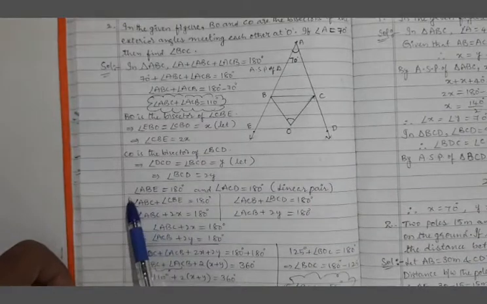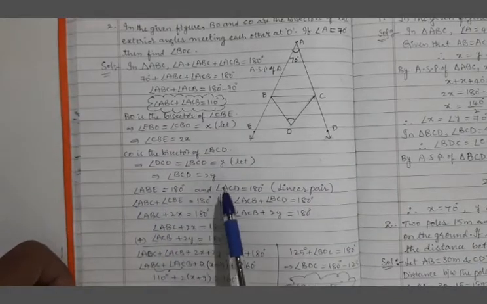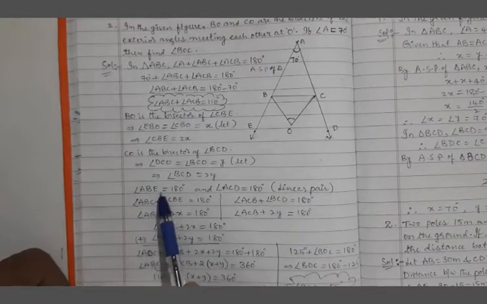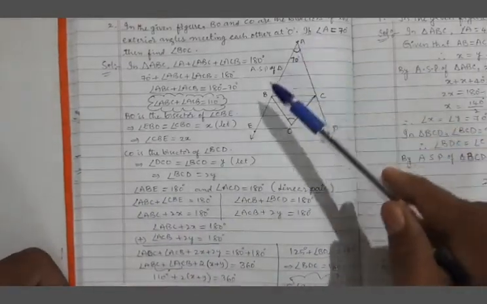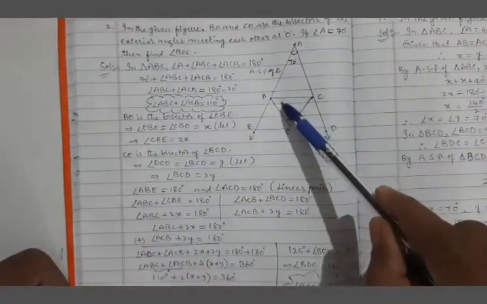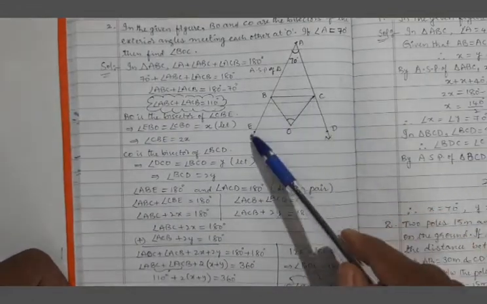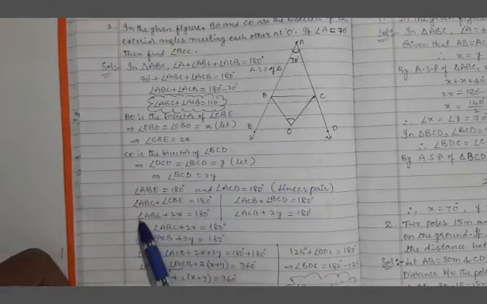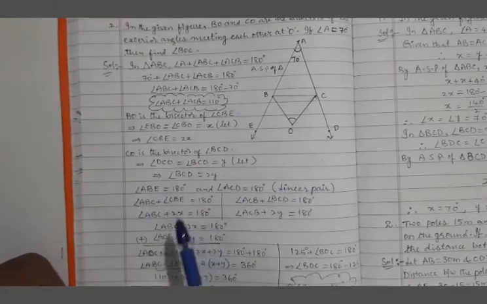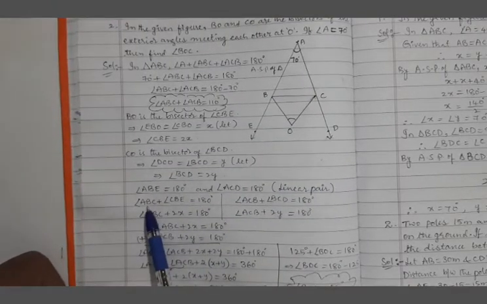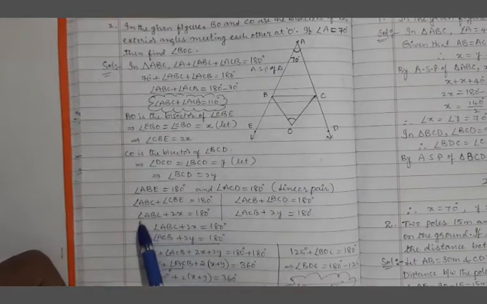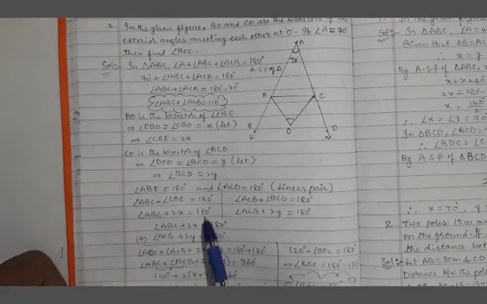Now, here observe the linear pairs: A, B, E linear pair, A, C, D linear pair. That I am writing here. ABE is equal to 180 degrees, ACD is also equal to 180 degrees. ABE can be written as angle ABC, the upper part, then CBE. CBE we assumed as 2x. Okay children, follow this carefully. So, angle ABC plus angle CBE equal to 180. Now, angle ABC plus 2x equal to 180.